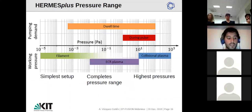Here you can see the expected pressure range of operation for the metal foil pump, and this is why we need different energetic hydrogen sources. For the lowest pressures, the high vacuum conditions, the filament is the best choice because it also offers the simplest setup. Now, in order to get to the order of magnitude of during pulse activity of the metal foil pump,